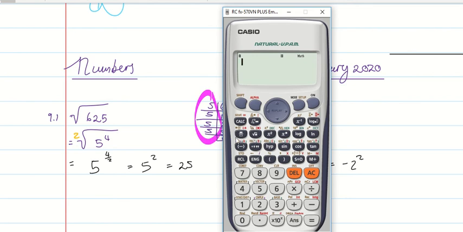So it's the second button, in the third row, the second button. Once you press shift and then that button, you will see there's a cube root, and then you type in, this is the negative button, so negative 64 is that one right there. Then you will also see that on this calculator, if I want the fifth root of something, okay, so let's see the fifth root of